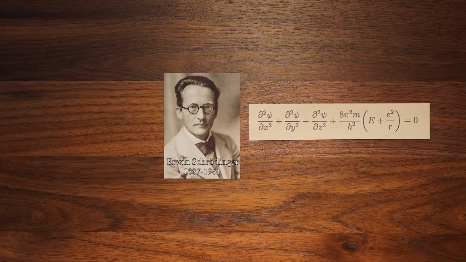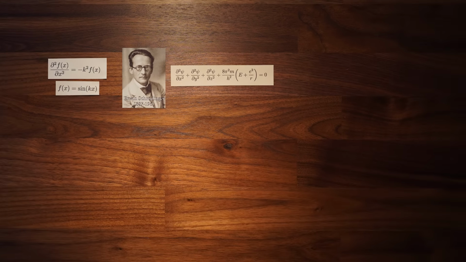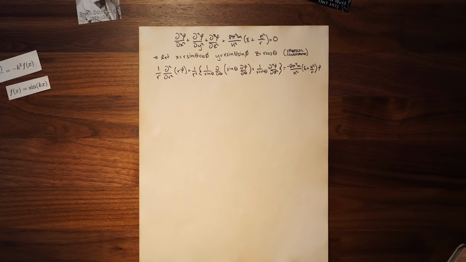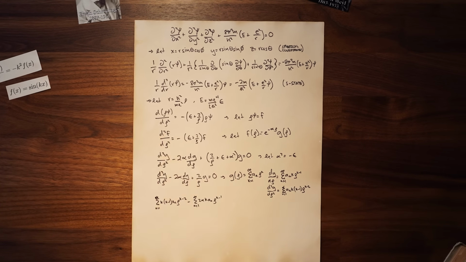From here, Schrödinger needed to find the solution to his matter wave equation, just as we found earlier that sine of kx was a solution for the vibrating string. The math is of course trickier here. Referencing his mathematics books and with some helpful correspondence from the mathematician Hermann Weyl, Schrödinger was able to solve his